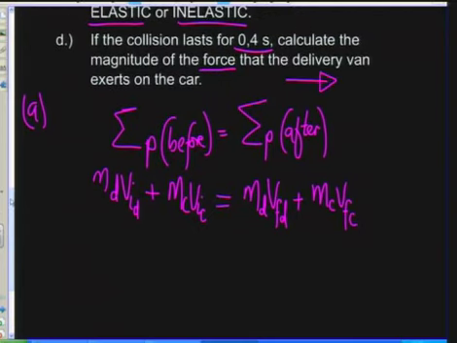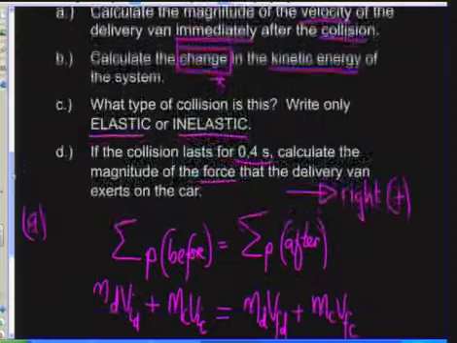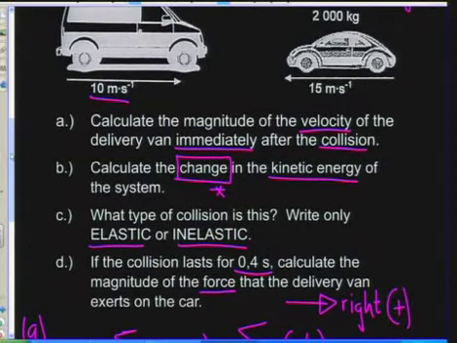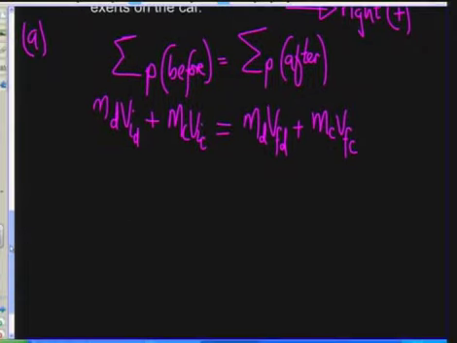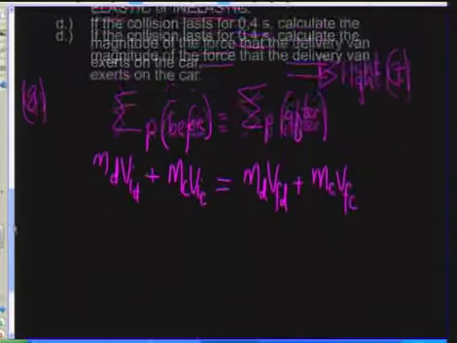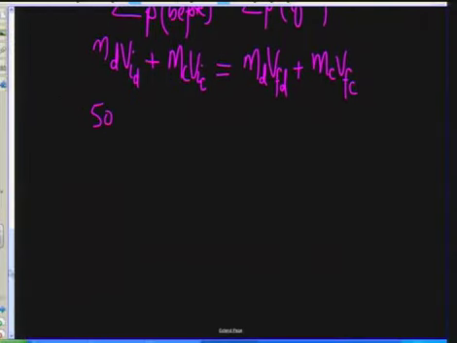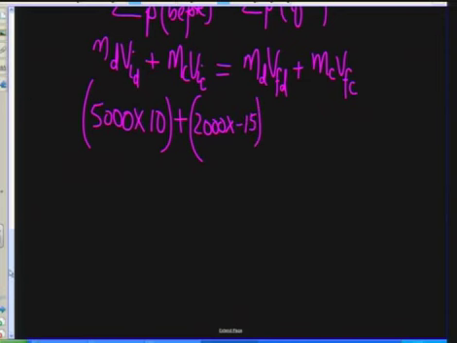So let me say, because I'm dealing with velocity, let's make to the right positive. I'm told here that the delivery van is moving to the right at 10 meters per second. So the mass of the delivery van is 5,000 times 10, positive because to the right, plus the mass of the car, 2,000 times minus 15 meters per second to the left, equals the mass of the van 5,000 times the final velocity of the delivery van